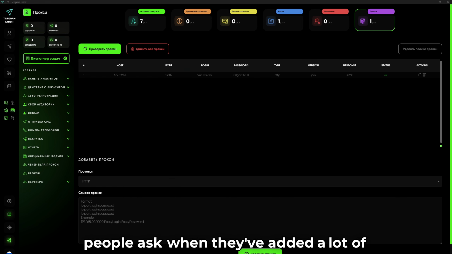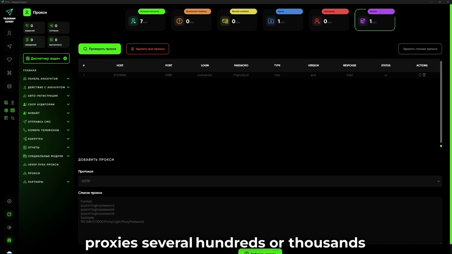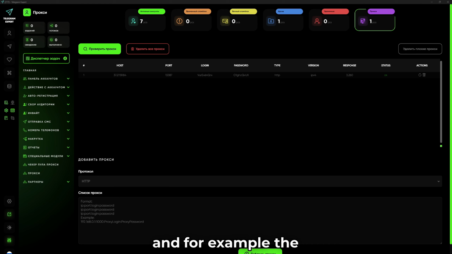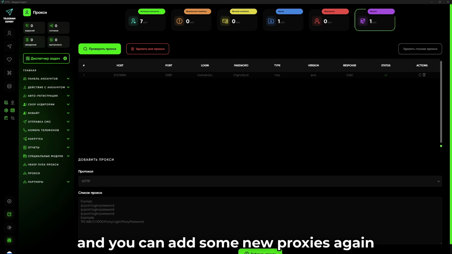Sometimes people ask when they've added a lot of proxies, several hundreds or thousands, and the system couldn't handle it. Just close the software, delete that file, restart the software, and the file will reappear. The proxies will be reset, and you can add some new proxies again.